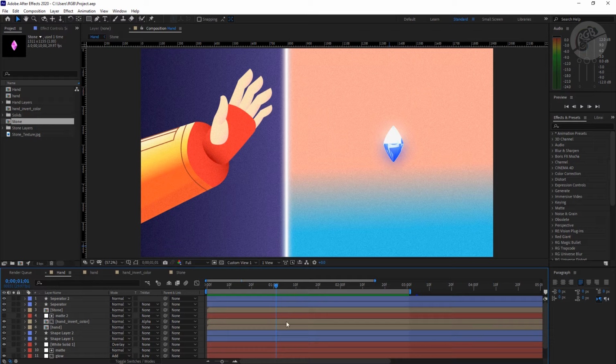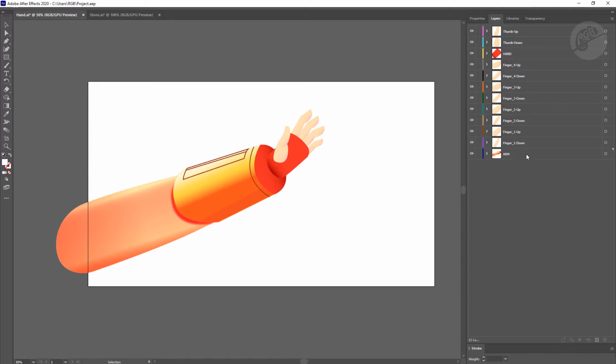So I'll jump to Illustrator and show you. So this is the arm. I have layered it like this. In one layer I have this arm, in another layer I have this hand, or you can say palm, and the rest of the layers are only these fingers. Okay, so I have cut these fingers in two layers, down and up. I have done this for all those fingers,